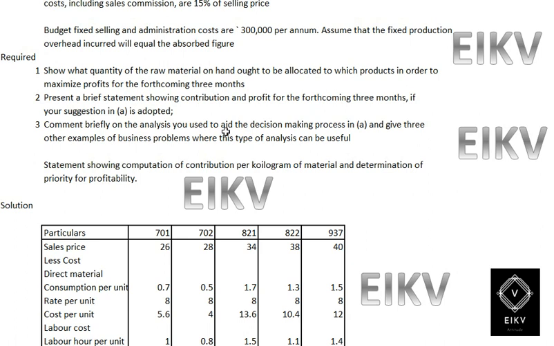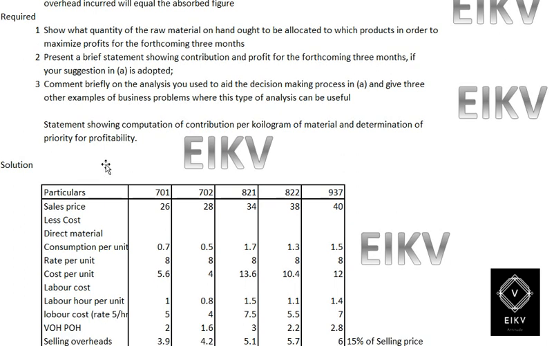Comment briefly on the analysis you used to aid the decision making process in A and give 3 other examples of business problems where the type of analysis can be useful. Then they have given a statement showing computation of contribution per kilogram of material and the determination of priority of